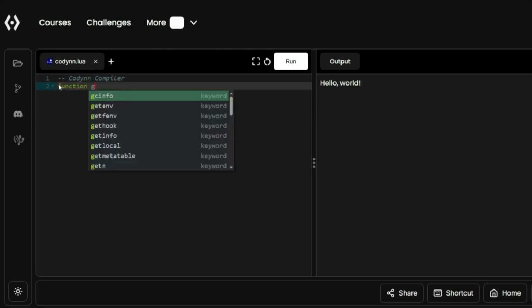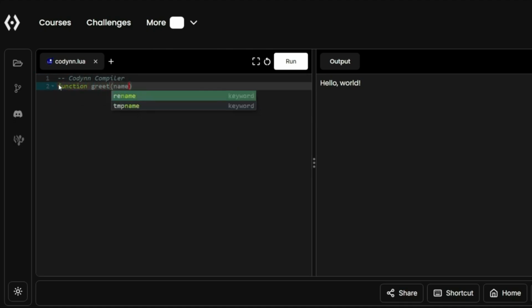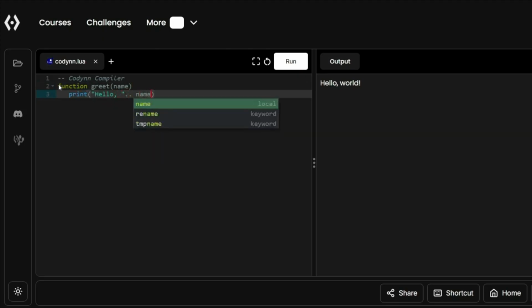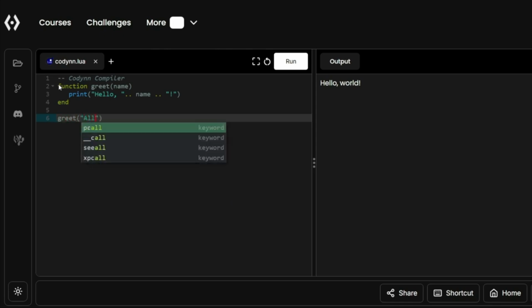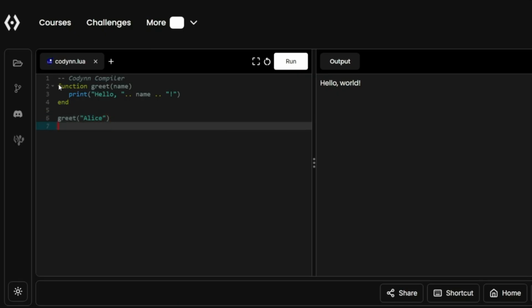So function greet, and we'll pass in name as a parameter. So print hello, and then our concatenation operator dot dot, and the parameter that we passed in, that is name. And let's say we have an exclamation mark as well, and we'll end this function, and then we get to call it with different arguments. So greet Alice, and then greet